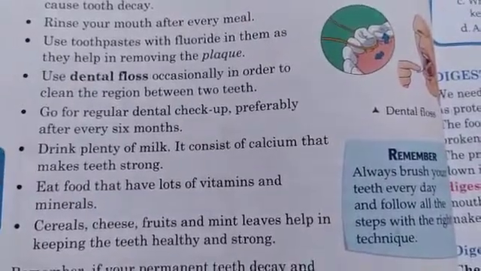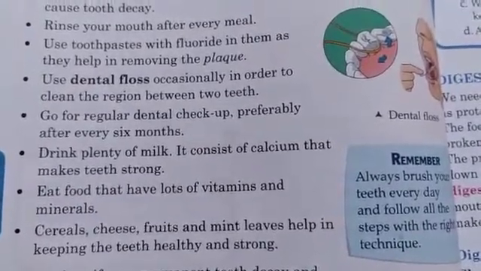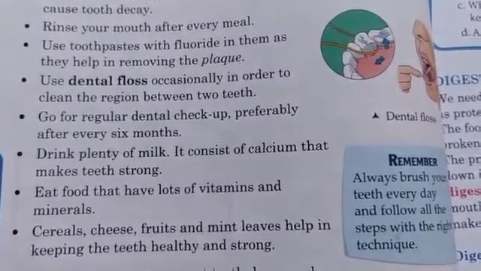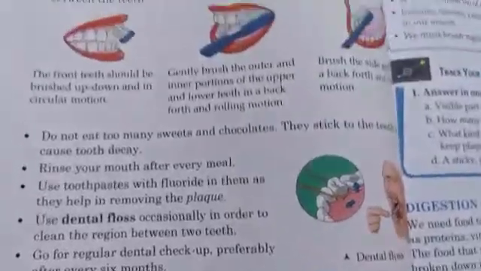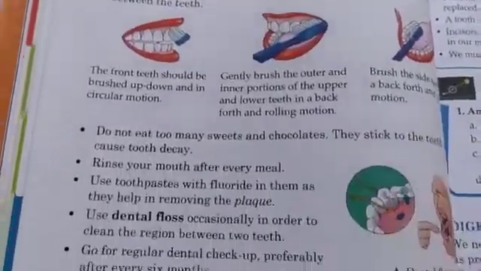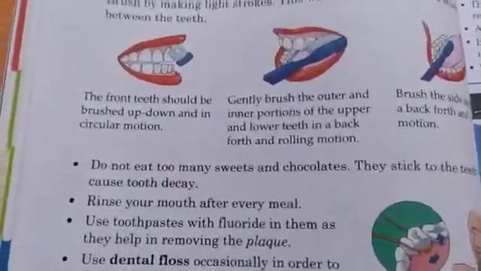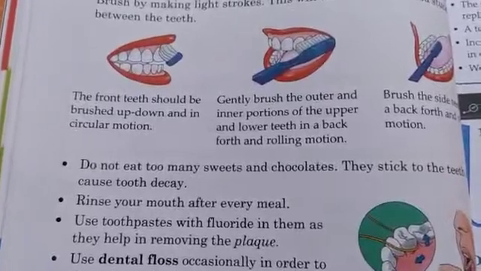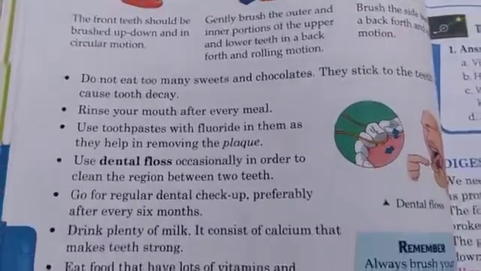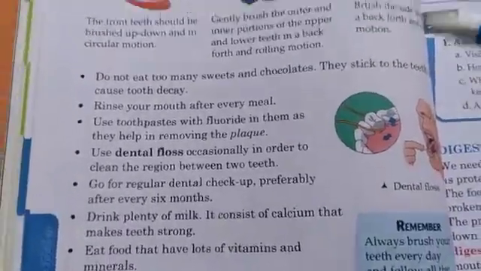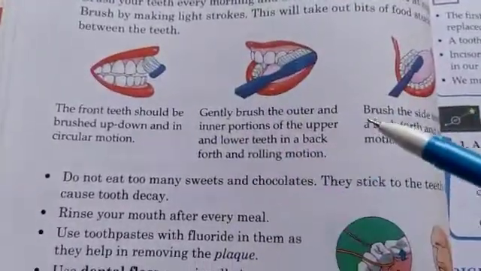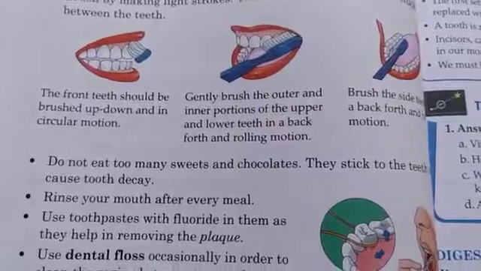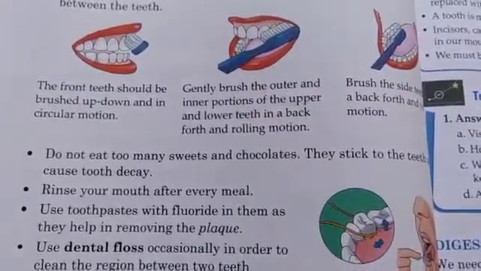So that is why we have to be careful with our teeth. We should take care of our teeth. These are the methods of how we can take care of our teeth, and protect them from the germs, bacteria and cavities. You have to learn all these methods, and use these methods of brushing. So learn them, read them, and in the next class we will study about digestion.